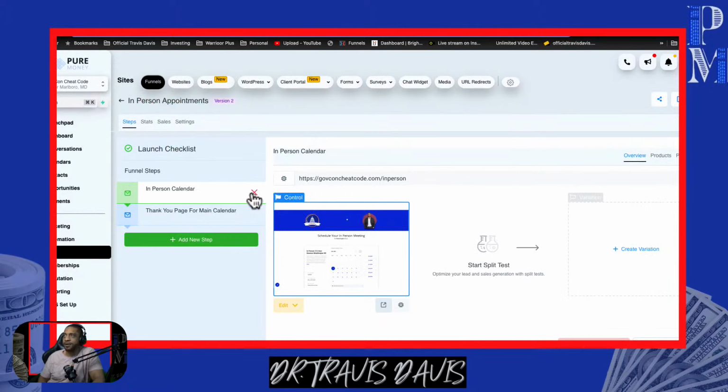I'm good to go. Now I put in my automation. When somebody selects that they would like an in-person meeting in Washington, D.C., the whole key to this is I don't want people searching for stuff. This is where you start losing customers. The more you make them search and look for stuff and make it harder for them to get what they want, the faster you're going to lose them. But here, what was it, like 3-4 clicks? They get exactly to where they want to be, and they can schedule a meeting.